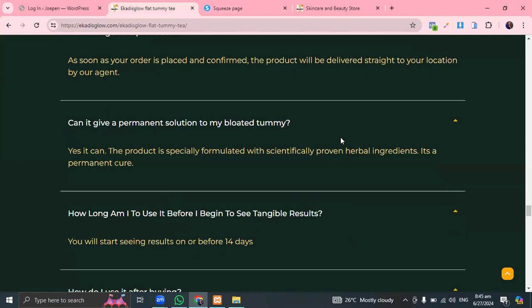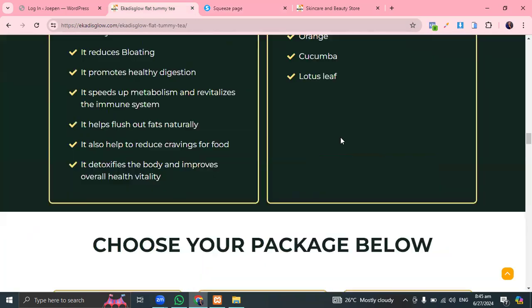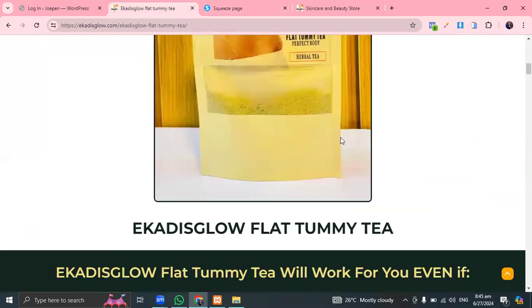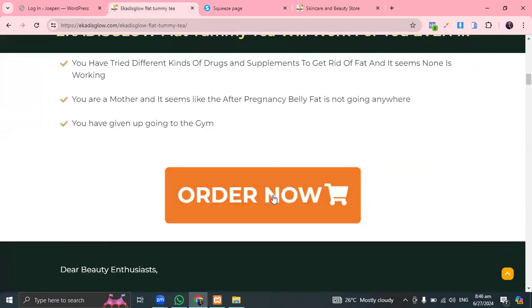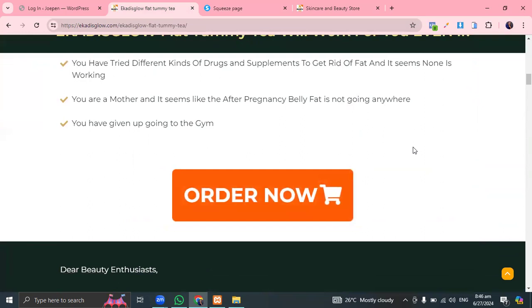And the second thing I'm going to show you is this. Now, what is that? Let me draw your attention to it. If you look at this page now, you see order now, because one of the things that make a page well optimized for conversion,